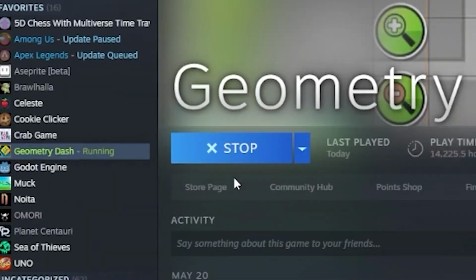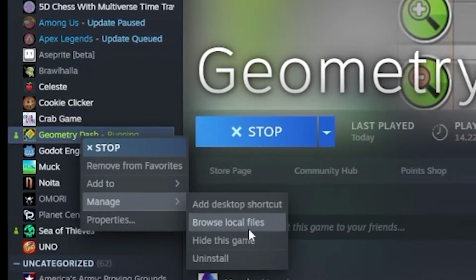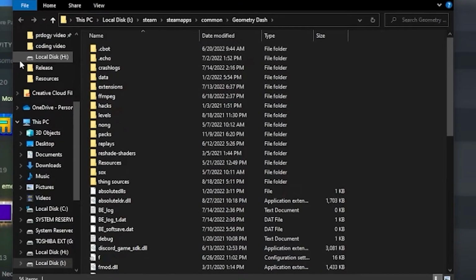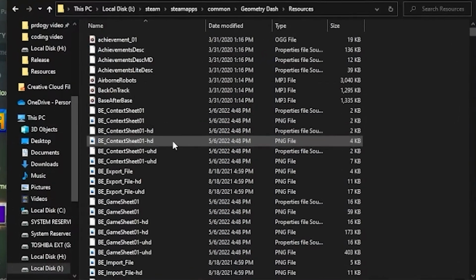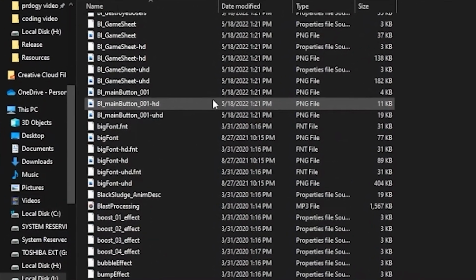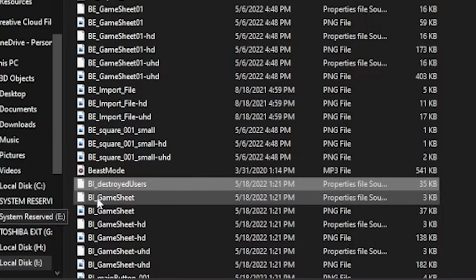Okay, so my first idea was to try to see if there was anything related to this in the publicly accessible Steam game files. Oh, how naive I was. Then I began to fruitlessly search for like an hour. I didn't manage to find what I was looking for, but I did manage to find something else that was pretty interesting too. Okay, so I managed to find this file called